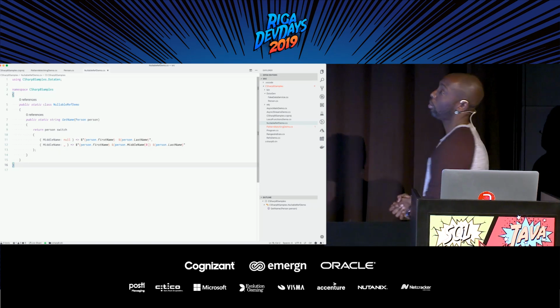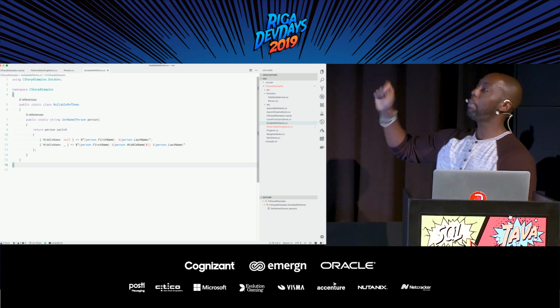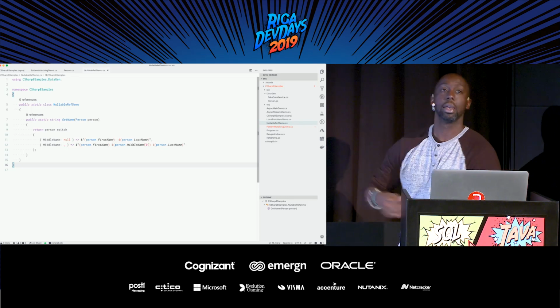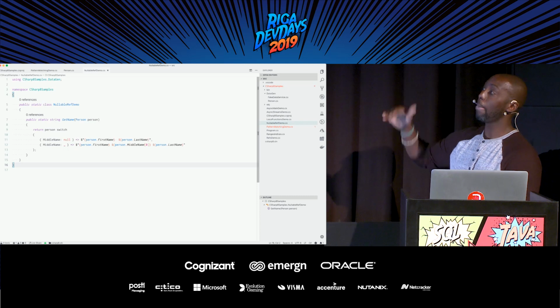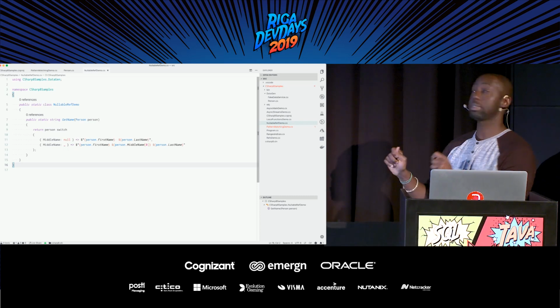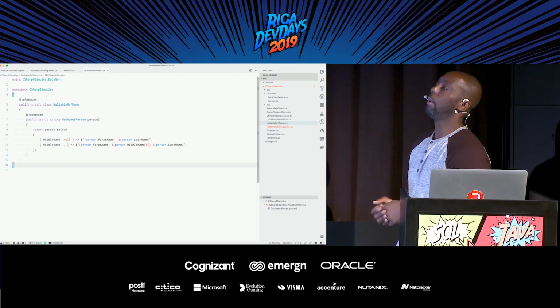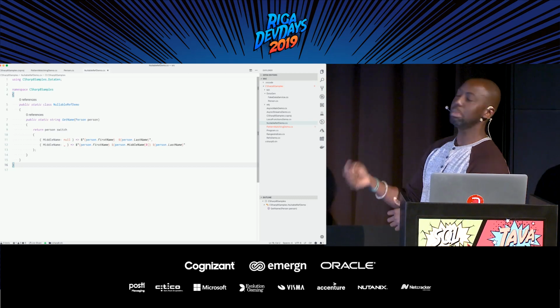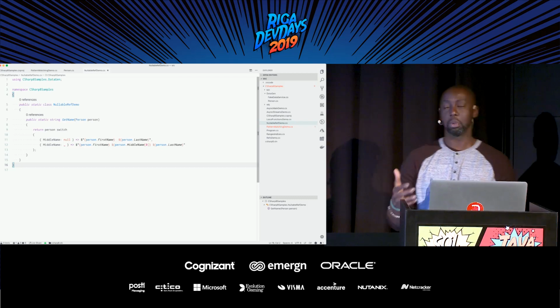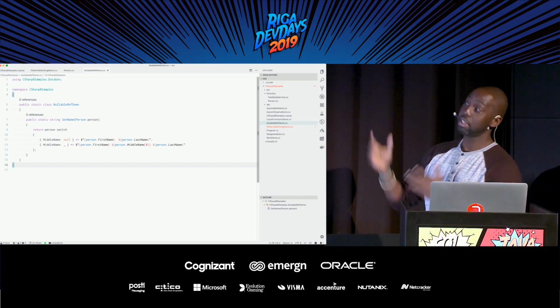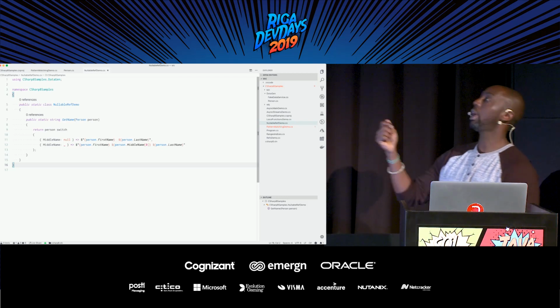So now I have pattern matching and nullable reference types helping me make sure that I'm covering all the cases. So now as I'm returning, again, I'm just trying to format a name, but now my code is a little bit more reliable, right? I feel a little bit more comfortable with this. Not to say that you're not going to have any bugs, but I'm less likely to have issues with